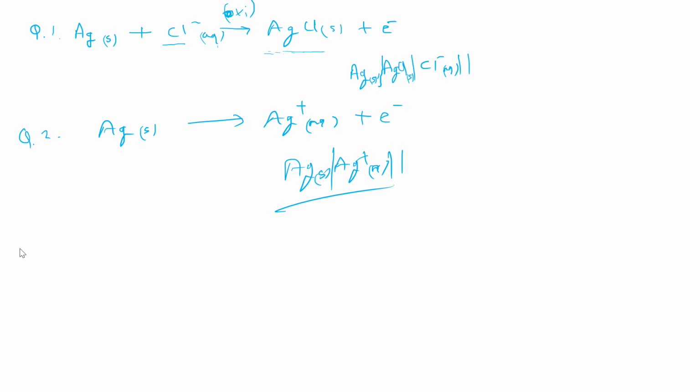Next, as we can now represent the cell, we have to calculate the cell potential. And for cell potential, we first discuss the electrode potential, and then we take the formula for cell potential calculation. So now we take the heading, electrode potential, and for this we use the symbol E.